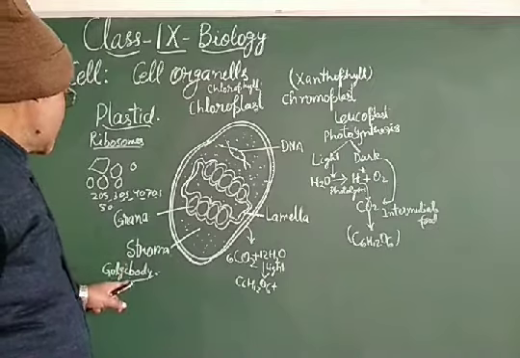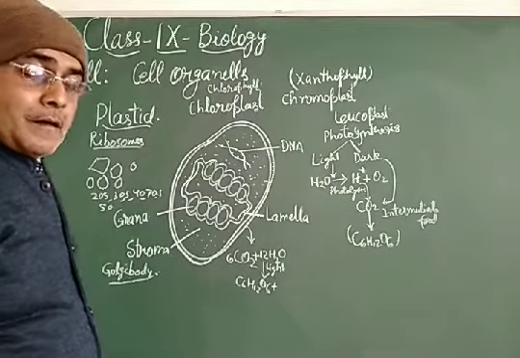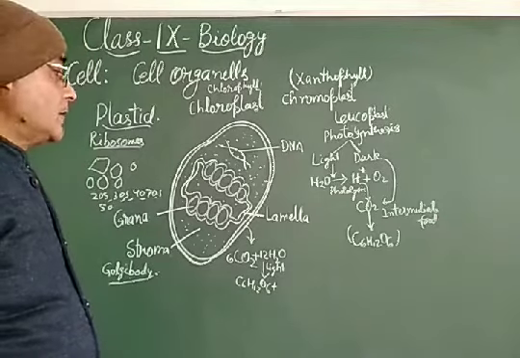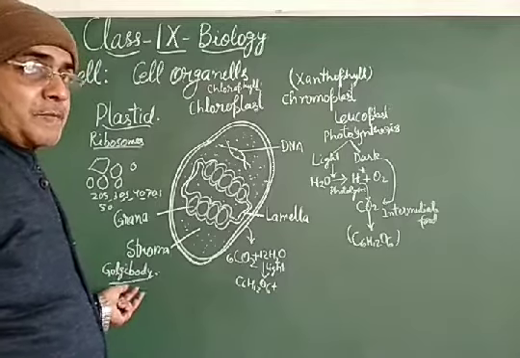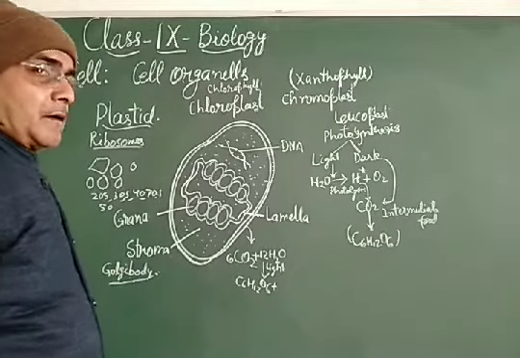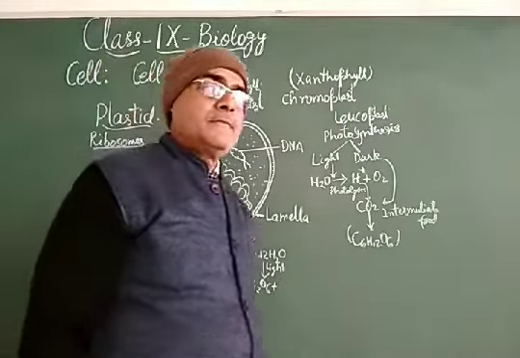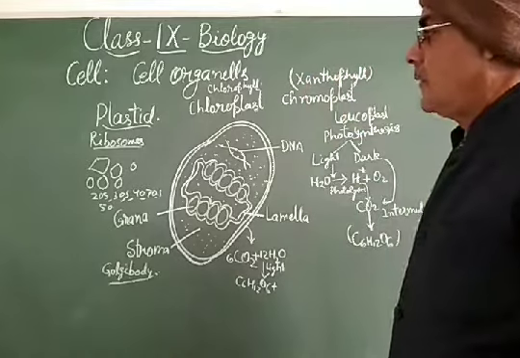Dear student, dictyosomes and Golgi body are the same cell organelle. Golgi bodies are found in the animal cell, while dictyosomes are found in the plant cell. But the functions are the same. They are responsible for the packaging of lipoprotein and glycoprotein, which get produced inside the cell during the process of metabolism.